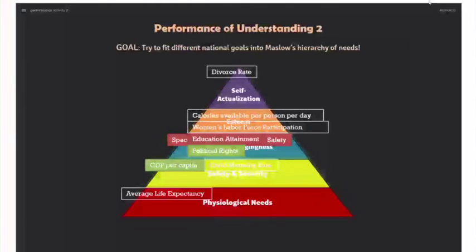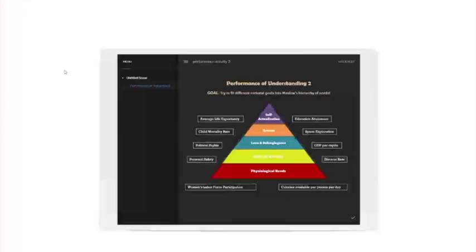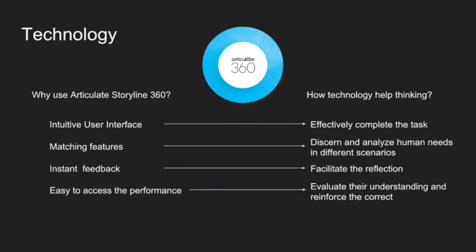And what's better is that the students can access this through many different devices, tablets, iPhone, Android, anything. And by doing this, students are more likely to feel engaged and can instantly learn from their mistakes. It will also promote students' actual thinking process while doing this activity. Storyline 360 is technology that can facilitate students to think behind doing the task.